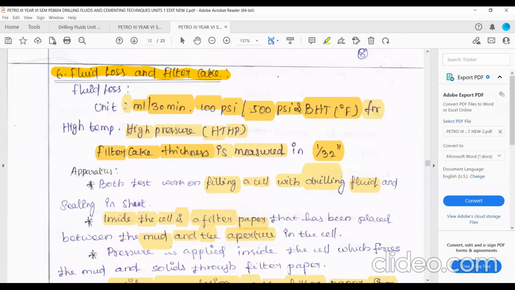So why do we conduct this experiment? To find out how quickly the filtrate is passing through the filter cake across the porous formation. If all the water, all the drilling fluid is being lost, we're going to use air. So we will not let that happen. We want a good cake to be built up, which will allow only controlled fluid loss to happen in the